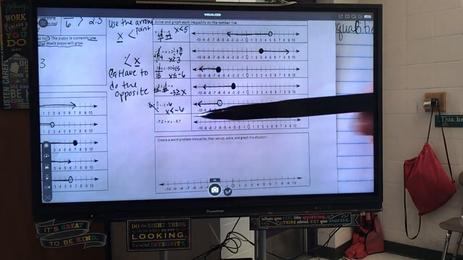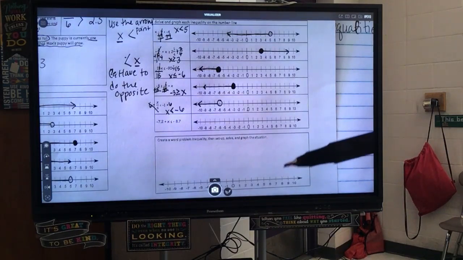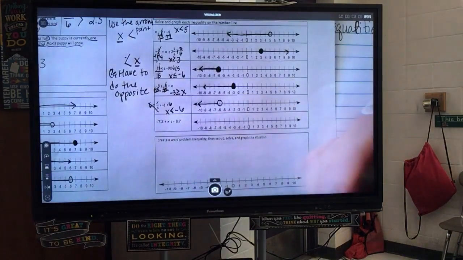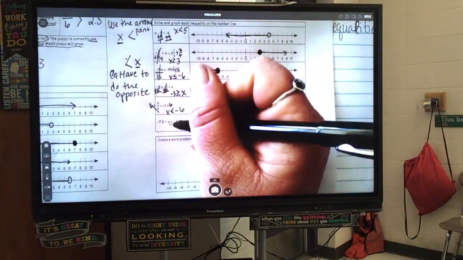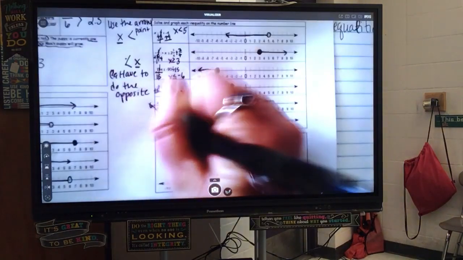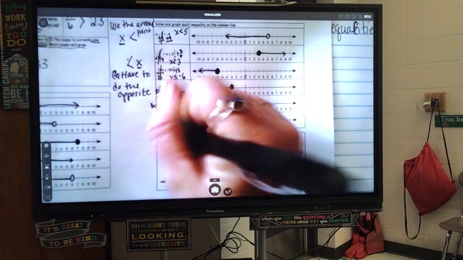Which one is on the side with the variable? The negative 7.2. Okay, so we're going to do something with that one, because we want to get x by itself. So what's the opposite of negative? Positive. Okay, so we're going to add 7 and 2/10, that cancels, so I'm going to do plus 7 and 2/10 here. So x is less than or equal to